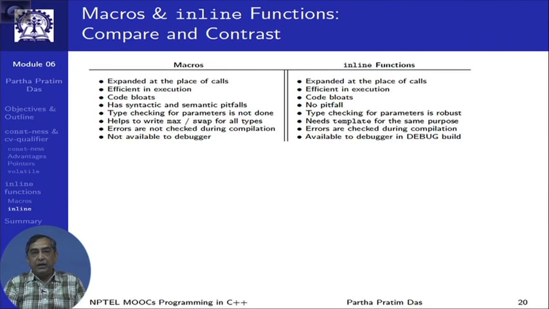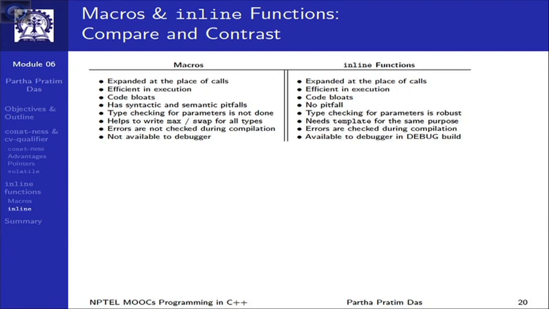Both of them are efficient in execution, both of them bloat the code, the code becomes fatter, because what is happening, you have one function defined, and if you are doing a macro, that macro may have been invoked at 10 places. So, the whole macro code will be copied 10 times. Similarly, in an inline function, if I have a function inline and that has been called at 10 places, the function body will occur at 10 places, the code will become bigger,